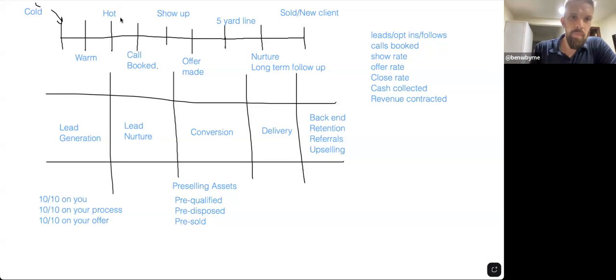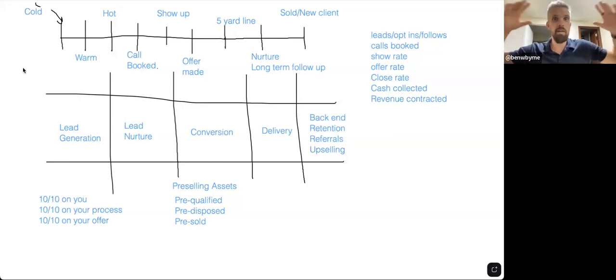From there, we want to go and talk to all the people that are hot. They said they're interested, but we just haven't gotten to the point where we sell them on the call to talk to us. We want to talk to those guys. And we want to talk to the people that are warm leads, people that are following us, they know who we are, they're in our target market. We want to take those guys from warm to hot, getting them to say, yeah, I'm actually interested in this, right? And then finally, when you run out of all the leads, then you go to the cold people who are outside of the realm of people who know who you are and what you do.